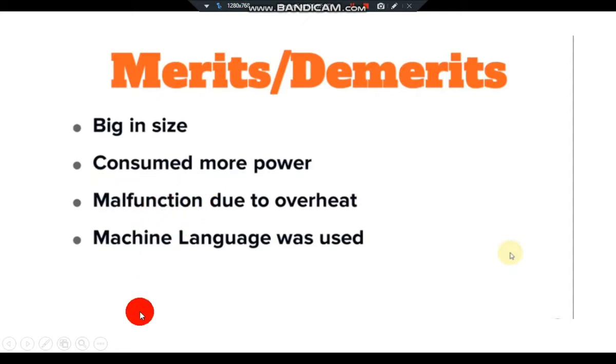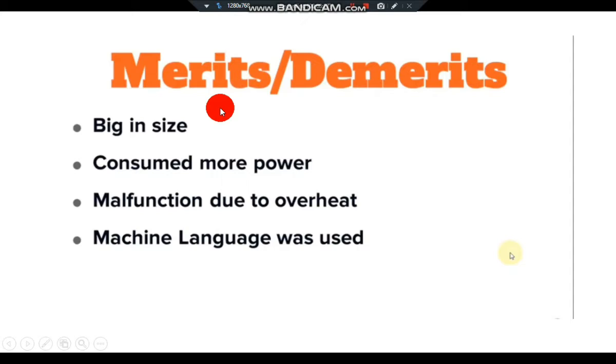In this generation the language used is machine language. What is meant by language? First, we know language is used for communication. What languages do we know? Tamil, English, Malayalam, Telugu, like that we know a lot of languages. But in this first generation, what language is used in computers? They use machine language. In machine language, they write code using only zeros and ones.